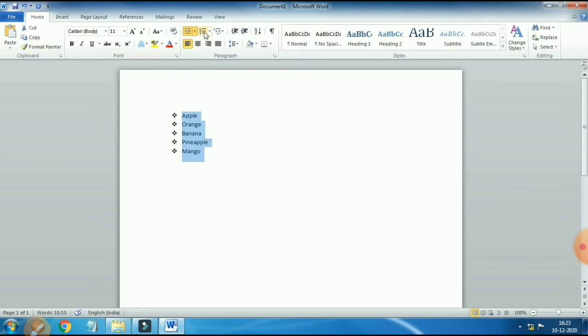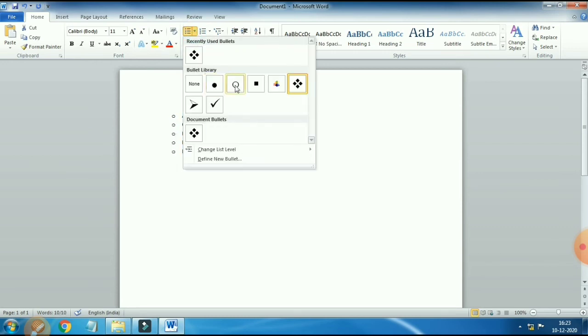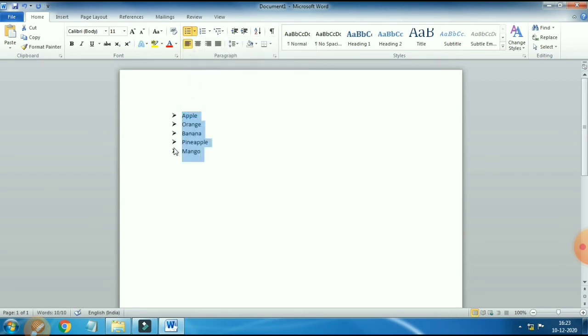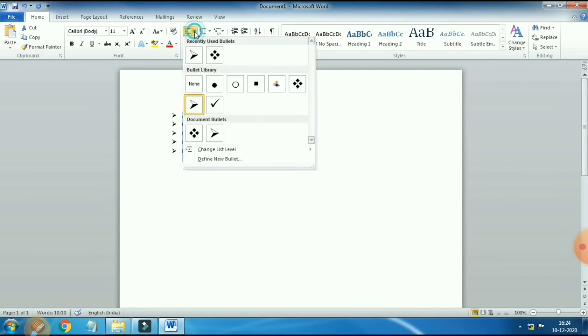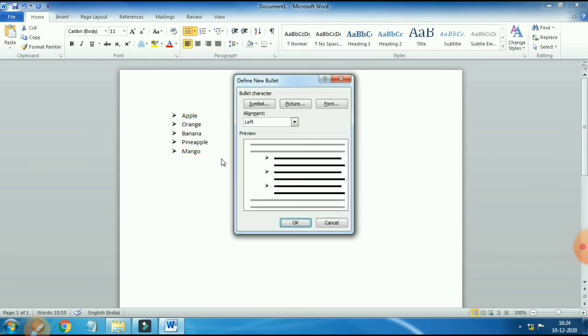Now again select the whole paragraph. After typing the list, you can also change your bullet. Now I am selecting this arrow. You can see the bullet will change. Now I am clicking on Define New Bullet. You can also choose your own bullet by the Define New Bullet option. It will show you a dialog box. From this you can define your own bullet.